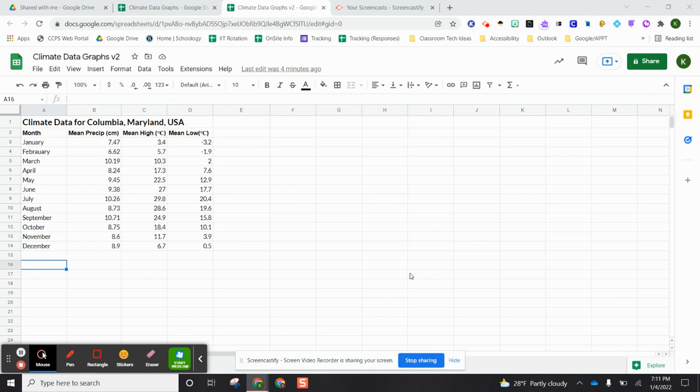you by your teacher. And your template will say climate data 4, and you will need to add the name of your city, possibly your state, but at least city and country. And then the columns with month, mean precipitation, mean high, and mean low should be filled in for you. And you'll need to add all of the months of the year and then add your precipitation data and your